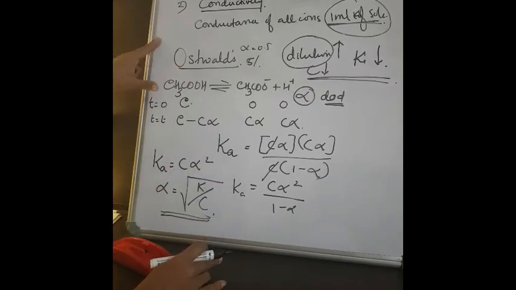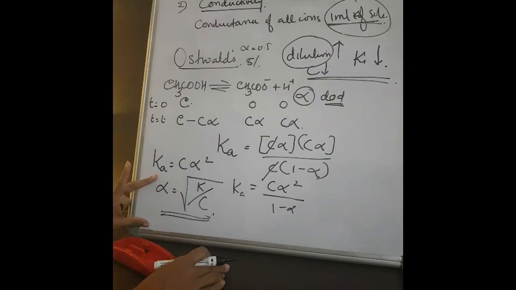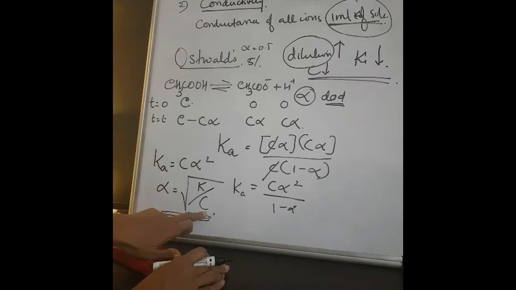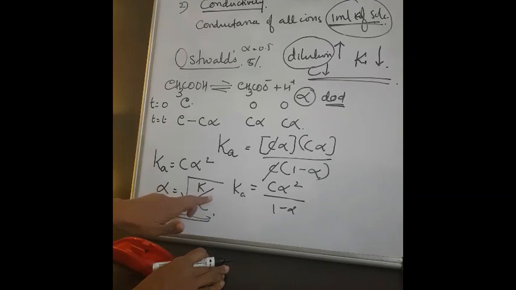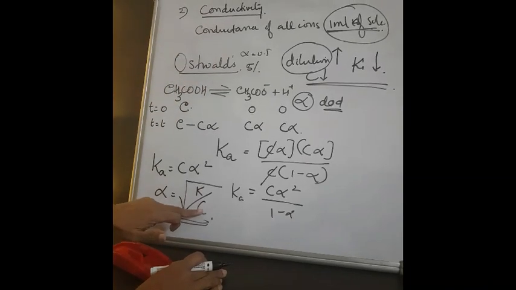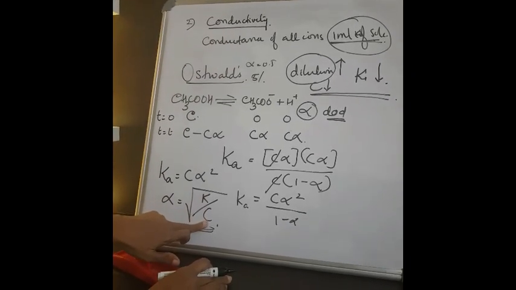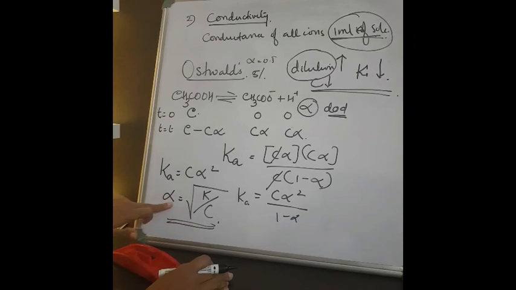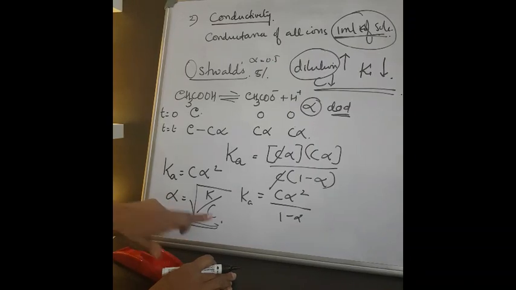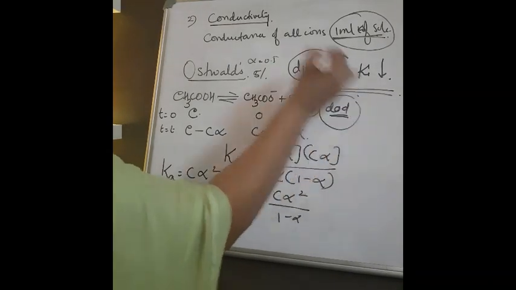This is Ostwald's dilution law. Now from this law, you can very well say that if the concentration is increased, that means dilution is decreased. Here we are talking about dilution. That means if the concentration is decreased, what will happen? The alpha will increase. See, the degree of dissociation increases on dilution. That is what I want to mention here.